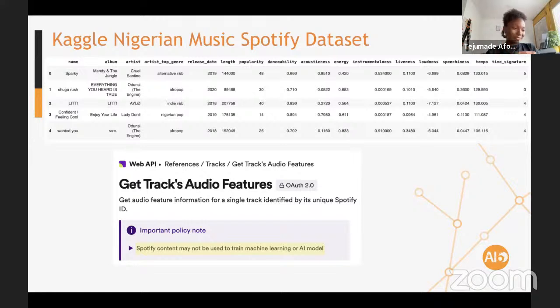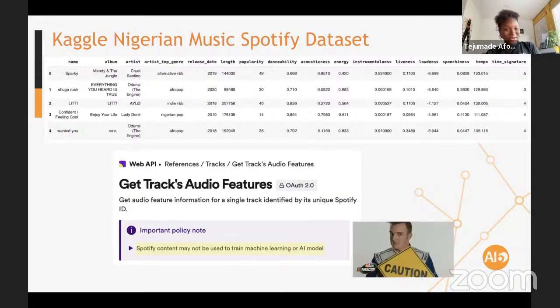But they mentioned you can use it for educational purposes or anything, so this was it. I don't know if this is allowed. I got this dataset from Kaggle, not from the Spotify API, but I should look more into this, and let's proceed with caution. I'm serious about this dataset, but I'm just telling you that this may not be allowed.